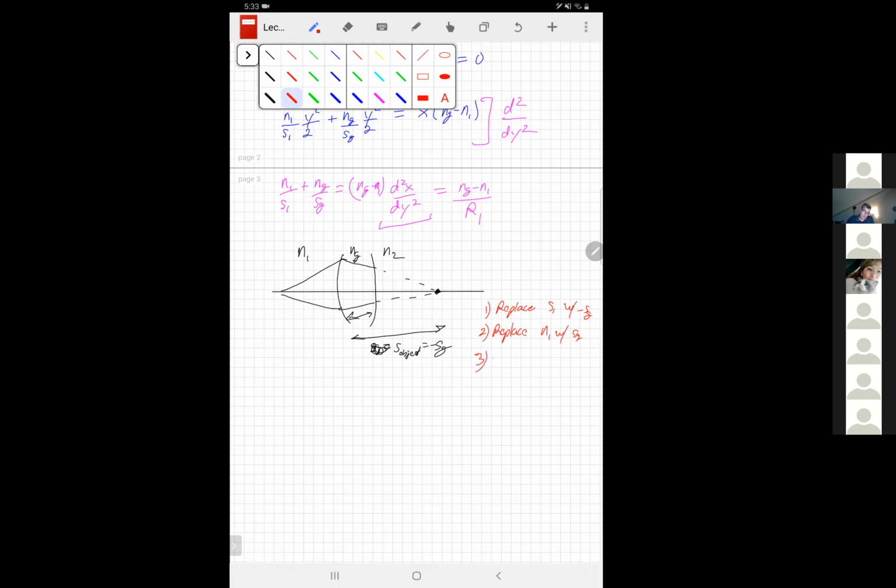Meanwhile, everywhere that we had SG before, replace SG with S2, and replace NG with N2. So if we change a few names, we're solving the exact same problem that we just solved. And we would get,